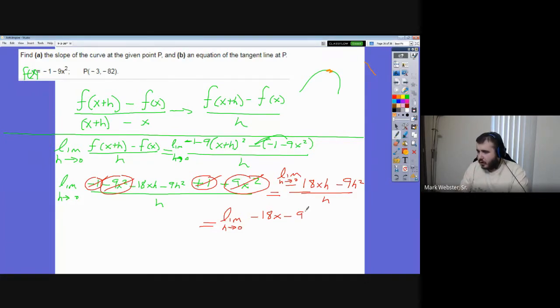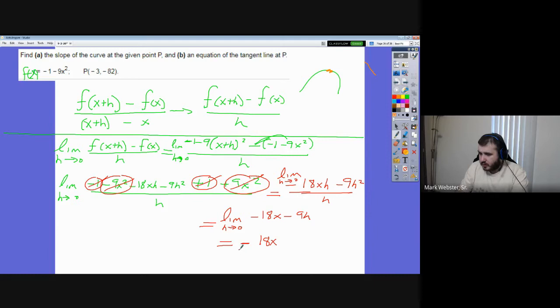But now look, minus 9h. So here's the thing. Before, we couldn't just do this because we would get 0 over 0. There was a hole, right? We done got rid of the hole. So look, now I can plug in 0 and get my answer, right? Well, h is 0 now. Well, there's the 0. And if I look, I get